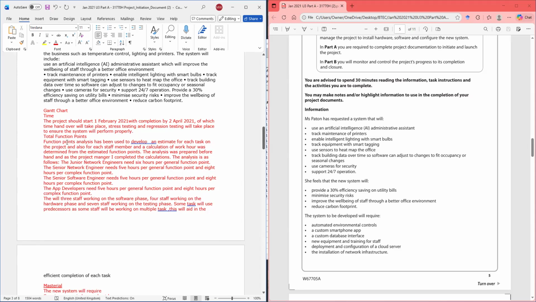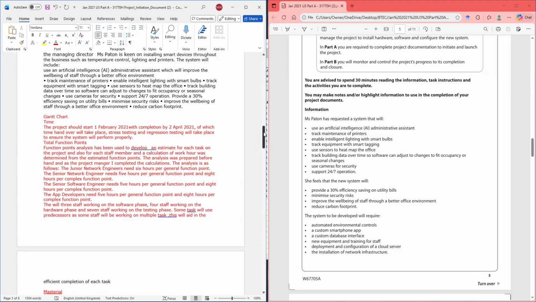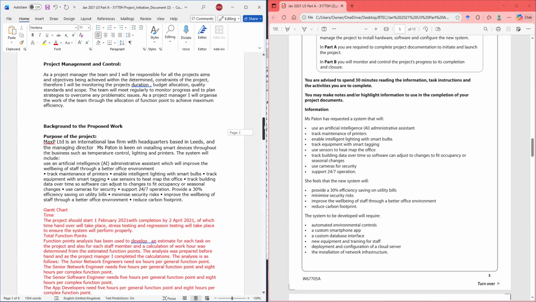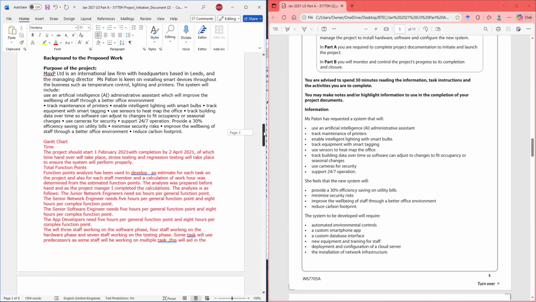When we're doing the purpose of a project, for the time, we're going to get this from the Gantt chart, right? The project start date. No, we don't. We're going to get it from the set task brief, not the Gantt chart.